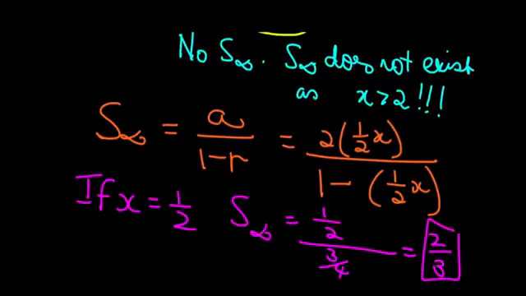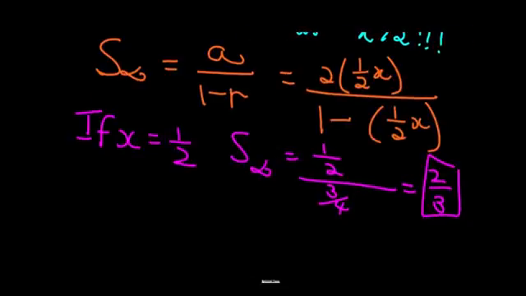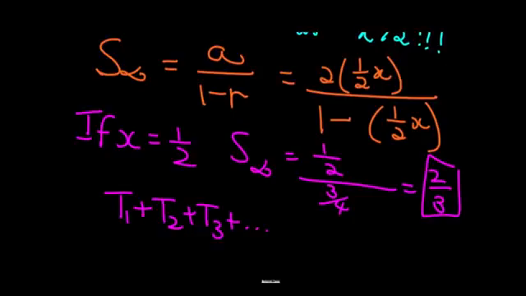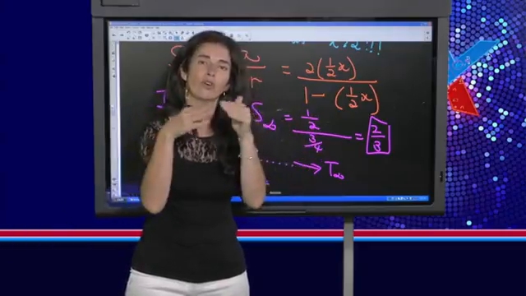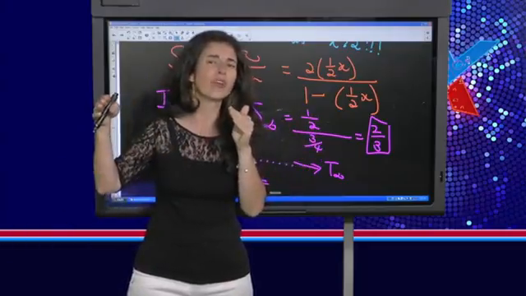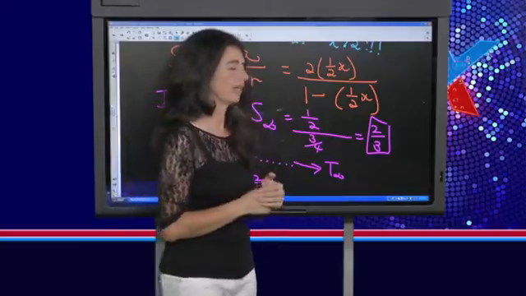Okay, so what we're saying is that if we add T1 and T2, the series, and T3, and we go all the way to infinity, to an infinite number of terms, that our sum of infinity tends to 2/3. Now, we often don't use the arrow to indicate tends to, but that's what we're saying, is that it will all converge towards that 2/3. Doesn't matter how many more terms you add, it will actually be